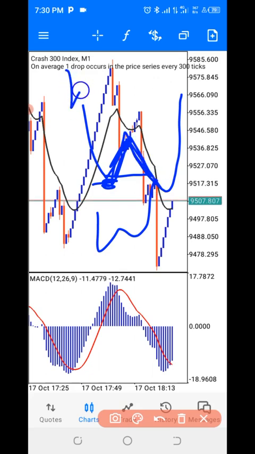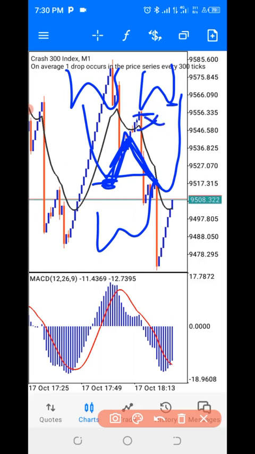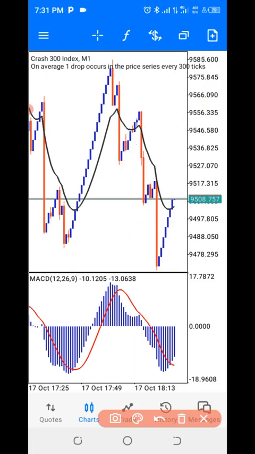But if it is a normal W, the second leg is not going to be longer than the first leg. That means there's liquidity at this area, so probably the next time you can just come and take it out, and then you have your buy to the downside. So you just need to understand the pros and cons of whichever one you are taking, maybe the normal W or the advanced W.